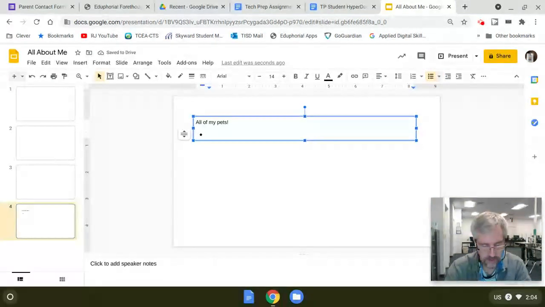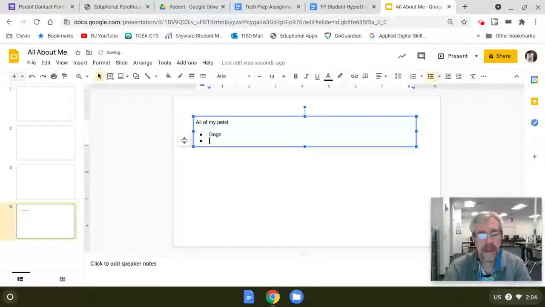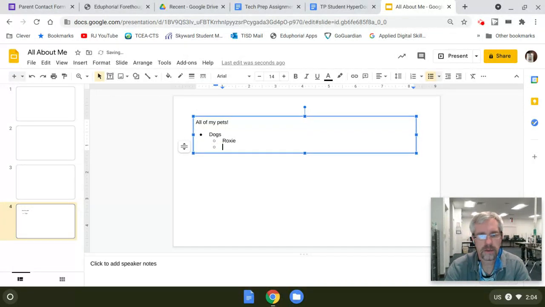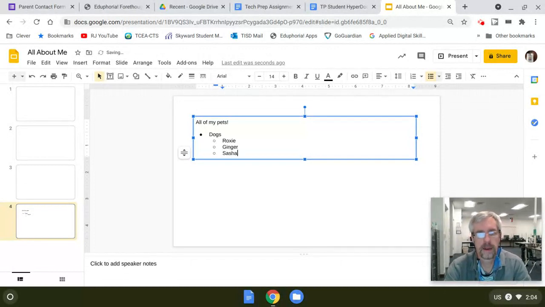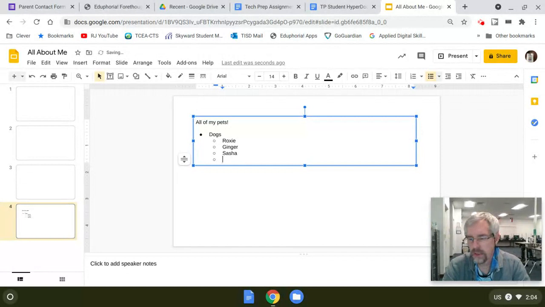So I'm going to sit here and I'm going to say dogs. Now, I'm seeing the same bullet there, but if I hit the tab key, it indents a little bit. And now I can start listing all of my dogs. All right, now, the problem is, though, I've only got 3 dogs. How can I go back? Well, if I go ahead and hit Shift-Tab, it takes me back one. Now I can list my other pets, such as